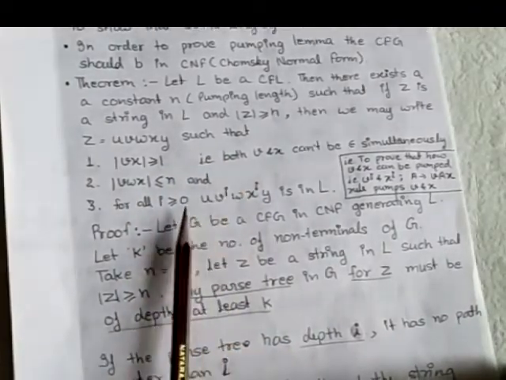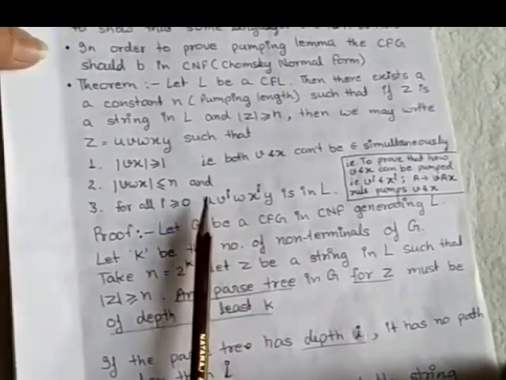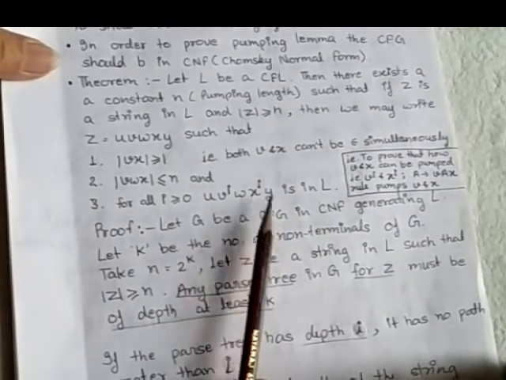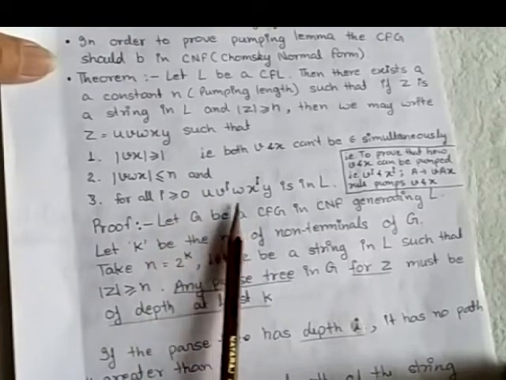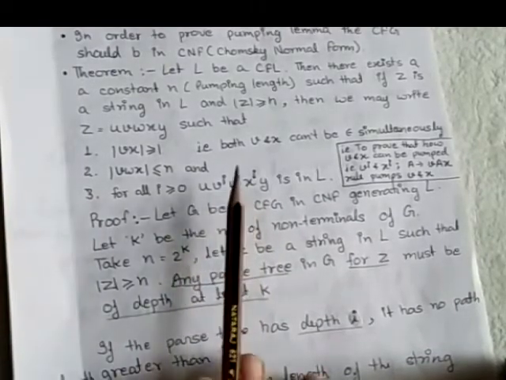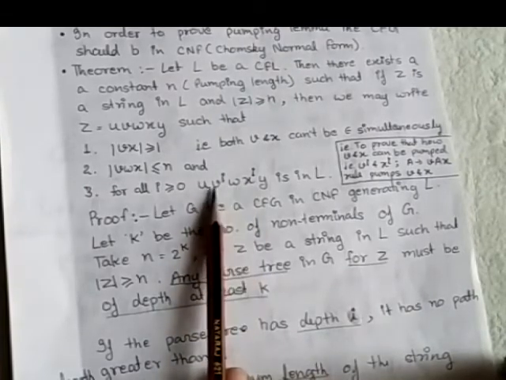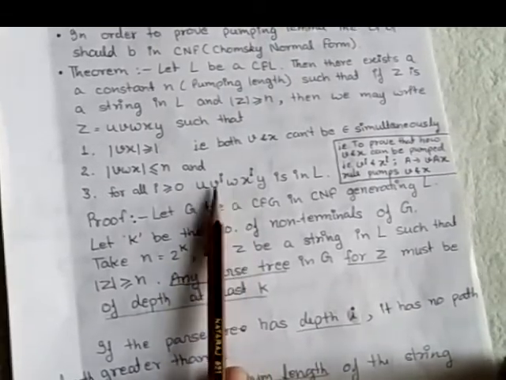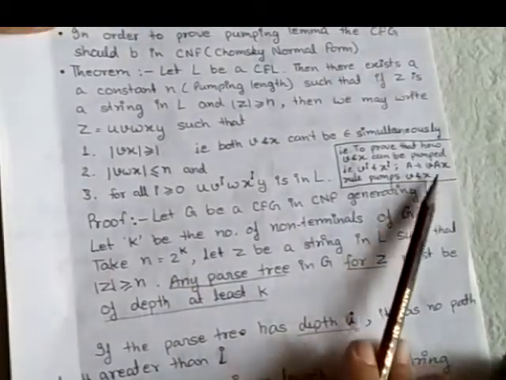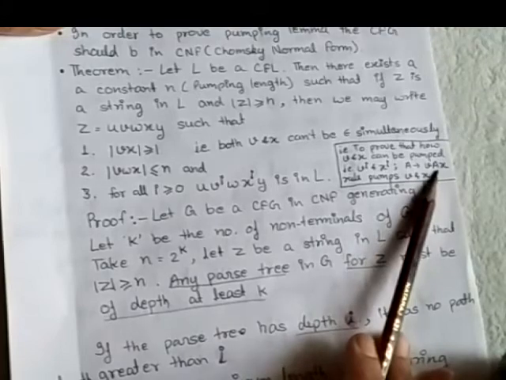Here we need to show that we should be able to derive the string in this form. First of all, we should be able to prove that the grammar derives this string in this form, and we should be able to pump these two portions. To prove that we can pump this portion, we should have rules of the form A tends to V A X. If we have a rule of such type, then